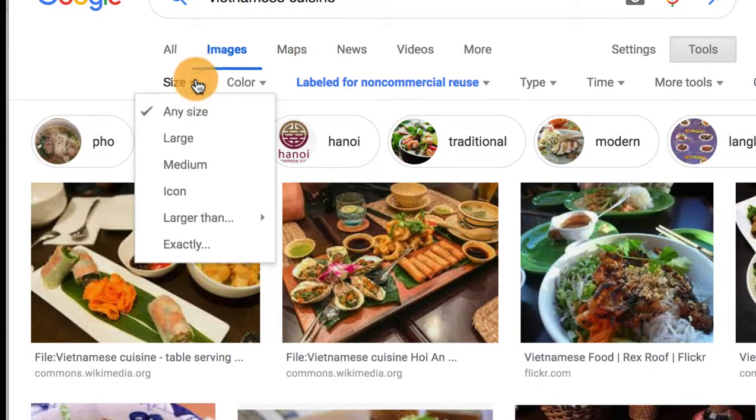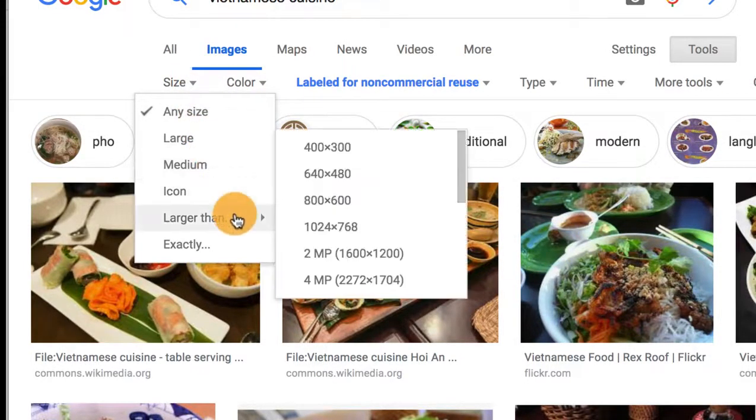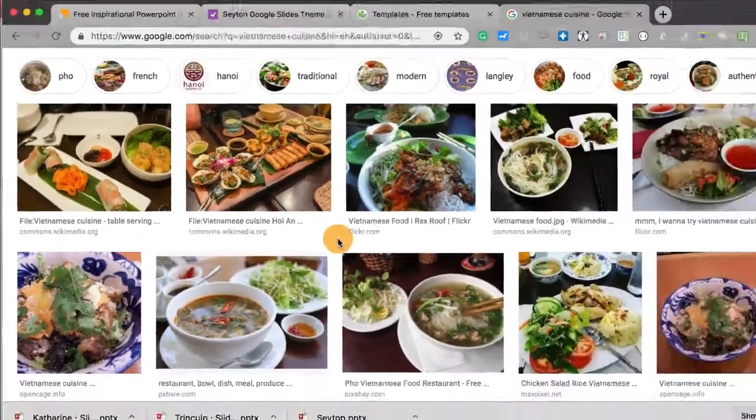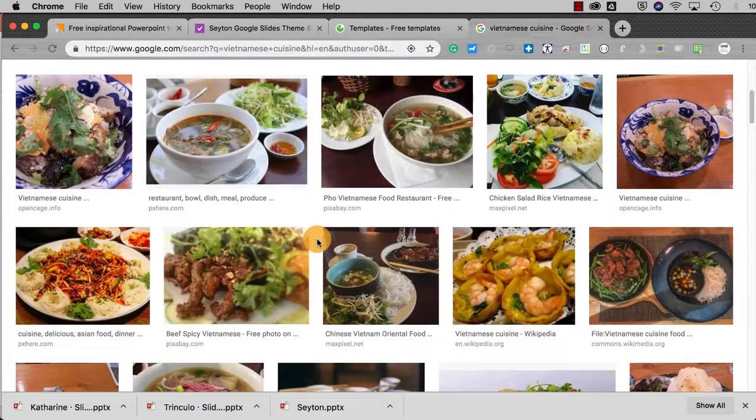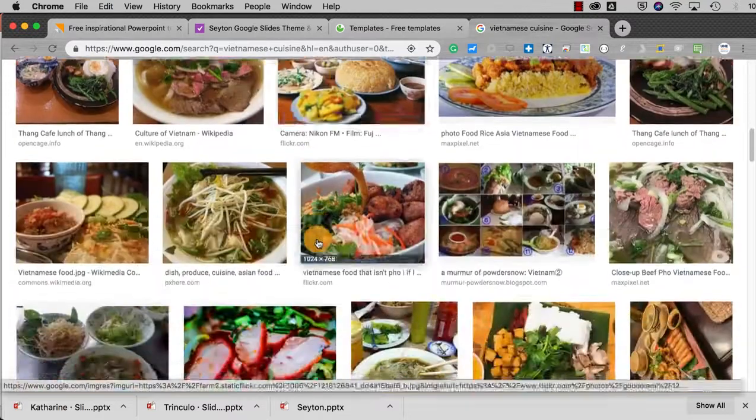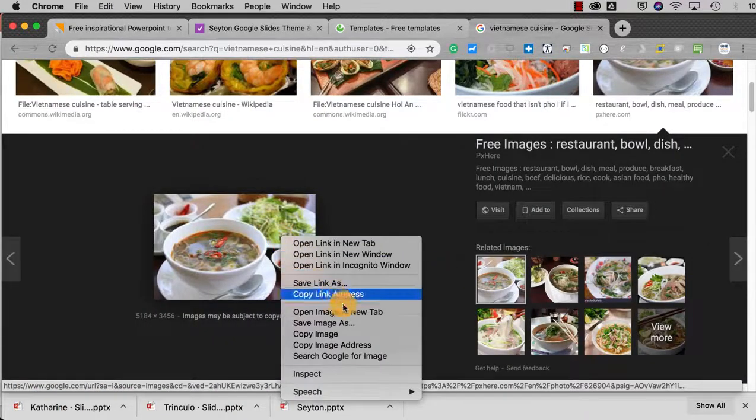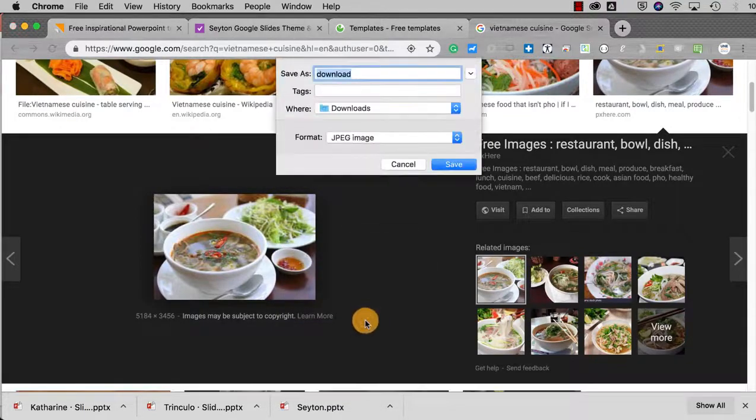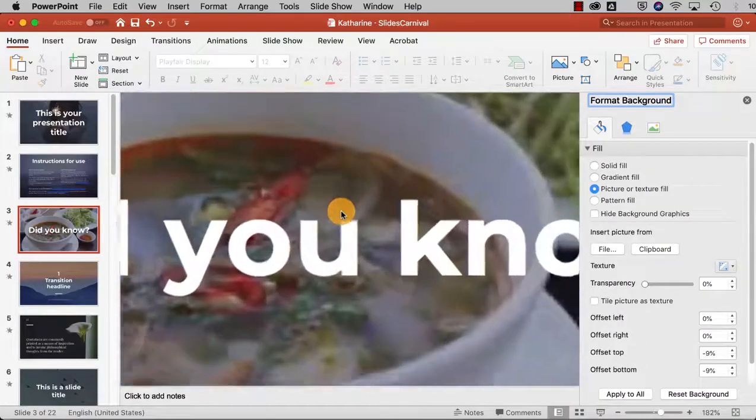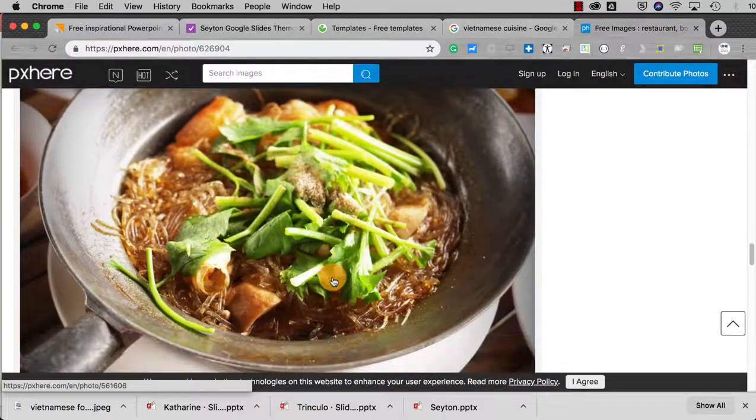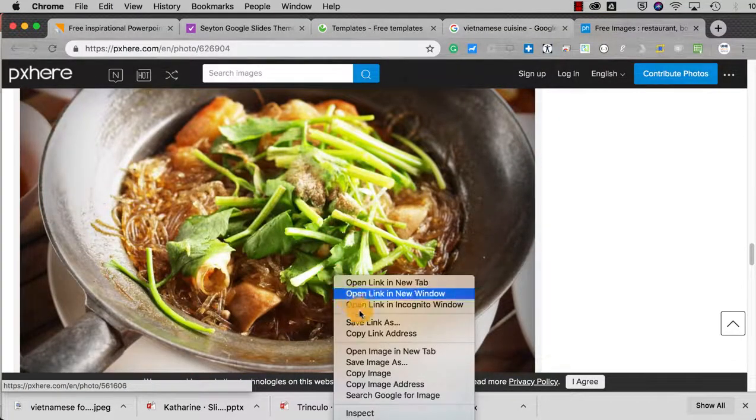Then click Size and choose larger than at least 1024 by 768, and it could be even larger than that. This will allow you to search for high-resolution images. Do not click on a small version of the image like this one. If you right-click on the small version and save it, you will end up with a very pixelated, poor-quality image in your final project. Instead, right-click on a larger version of the image like this, click on Save Image As,